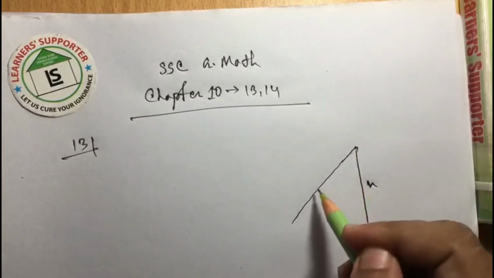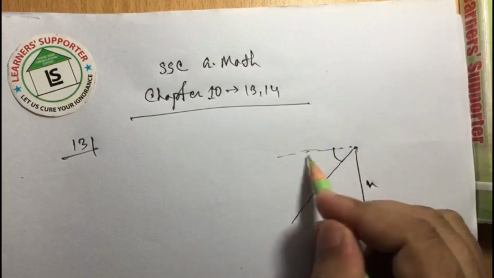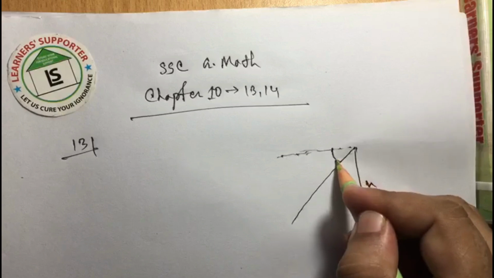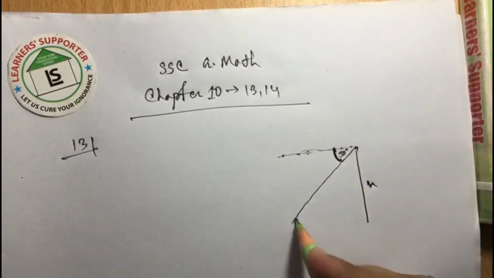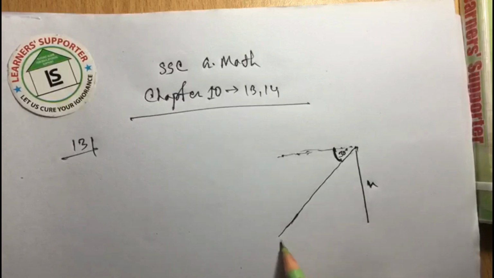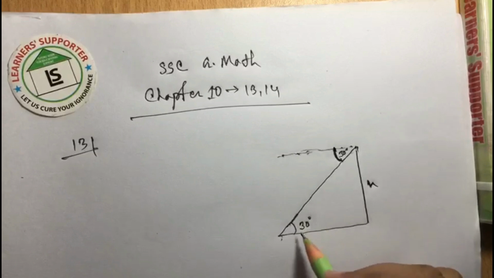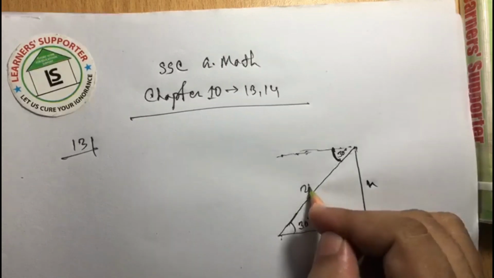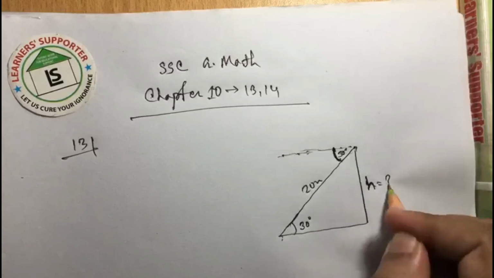We will always remember that depression means, if you think here parallel to the surface, then the depression is just below the horizontal, here 30 degrees. So the alternate angle at the ground will be 30 degrees. The alternate angle of depression at the ground is 30 degrees, and this is the 20 meter distance. And we have to find the height of the house. I have to find out this.